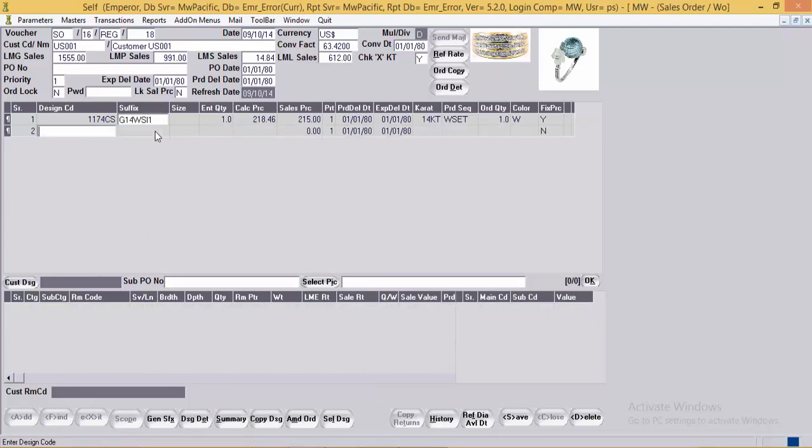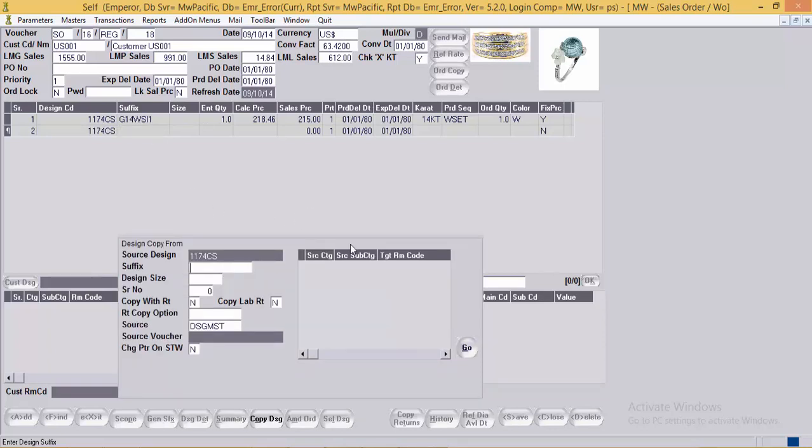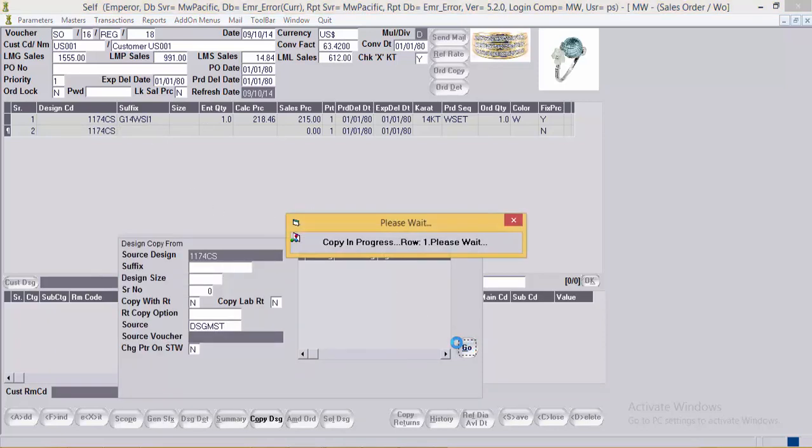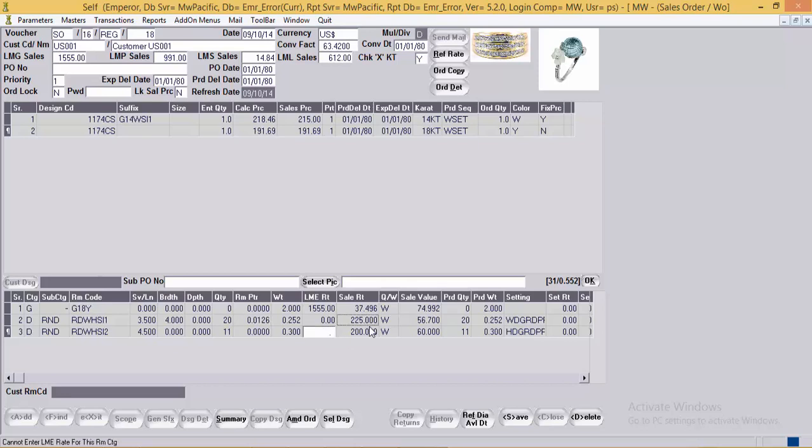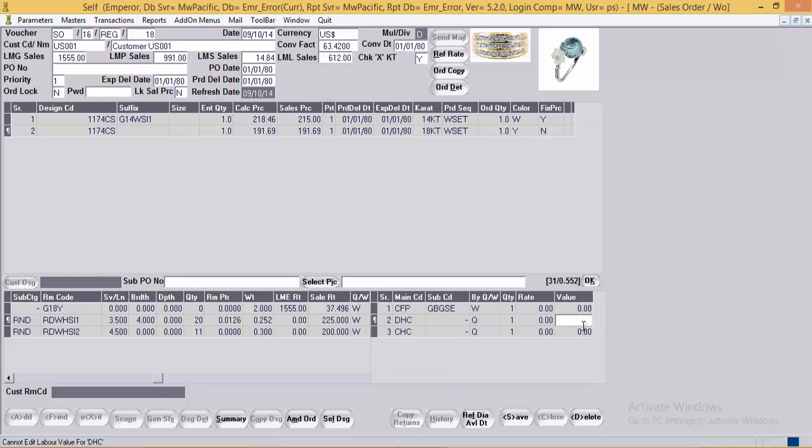The instructions are also the same as in the PDCM. Whereas if we copy the design without suffix, and when the source is design master, here the user will need to make a lot of alterations, like the CFP charges or deleting these 2 rows which are not applicable, that is diamond handling charges and color stone handling charges.